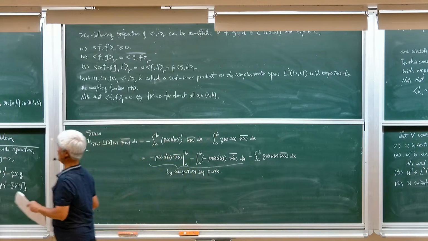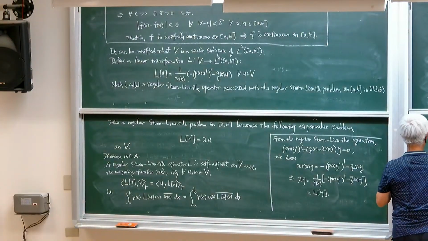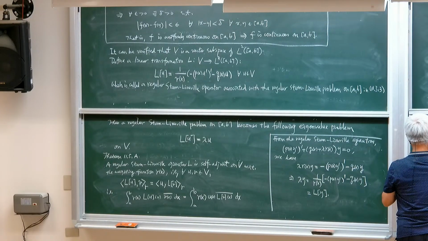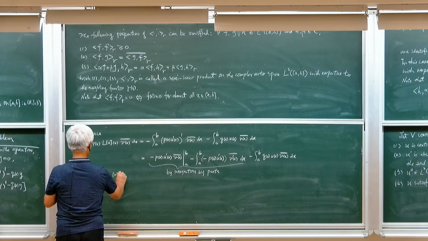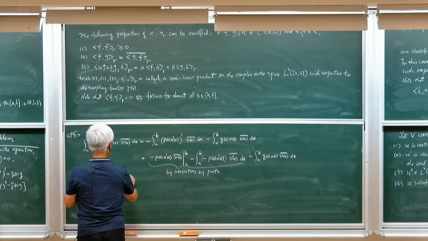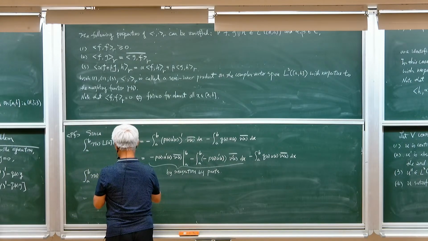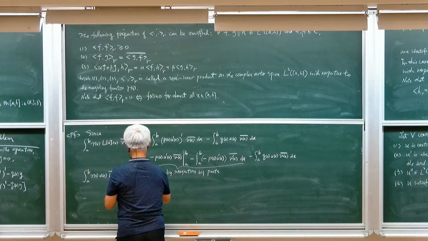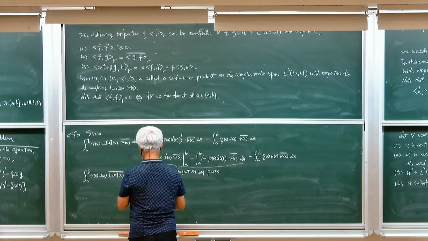Right, so this is the first integral on the left hand side, and on the right hand side we have ∫ₐᵇ u(x) v̄(x) dx, okay, and this is equal to minus ∫ₐᵇ u(x), so we multiply x with this one, okay, so you get p(x),